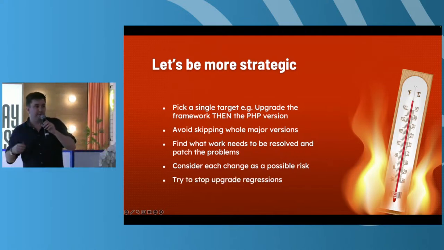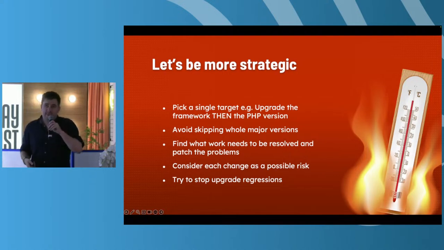This one is probably the hardest when you think about it. How do we stop people having upgrade regressions? What I mean by that is, if you are integrating your fixes for packages you want to upgrade to, there might be situations where you fixed it and then someone's introduced new code that also still contains those problems. So you're going to have to keep going back and making fixes.